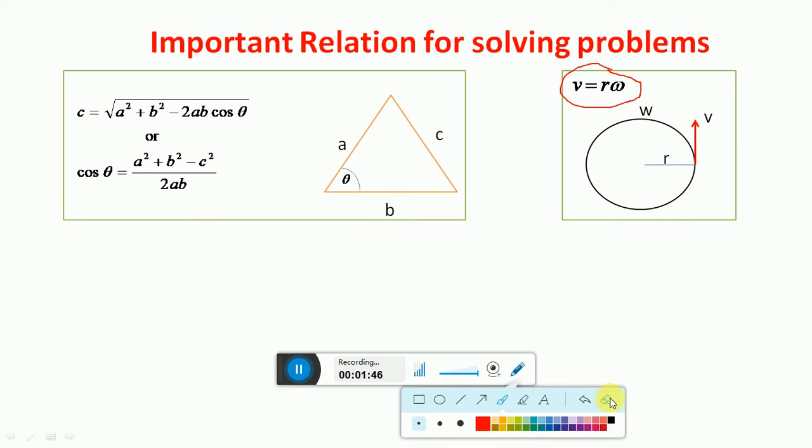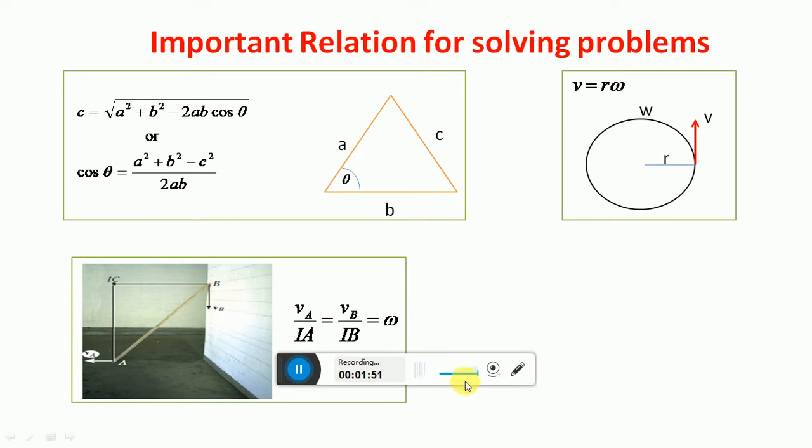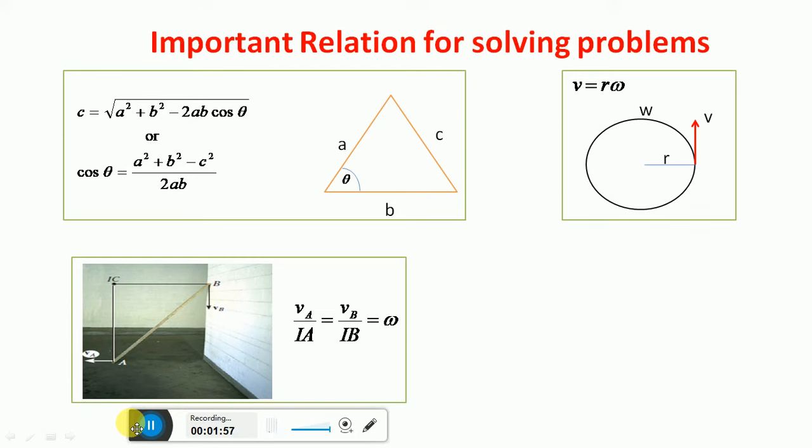Now the next relation. In general plane motion we always assume that there lies an instantaneous center about which the body will have pure rotation for a certain time. Suppose here we have this AB link which is under general plane motion, and this is the IC, the ICR, meaning instantaneous center of rotation. So we assume it is having pure rotation at this instant about IC, and we can apply the relation V is equal to R omega.